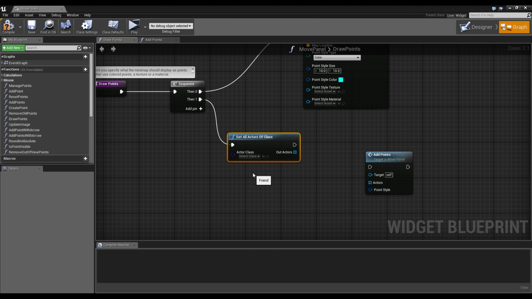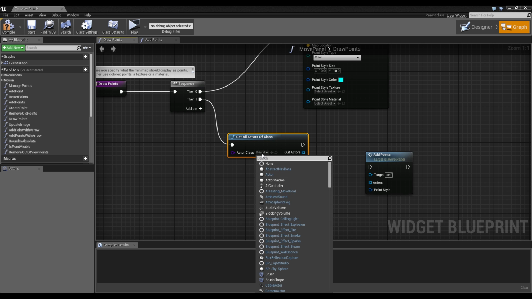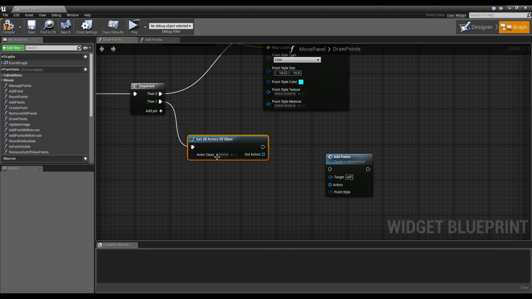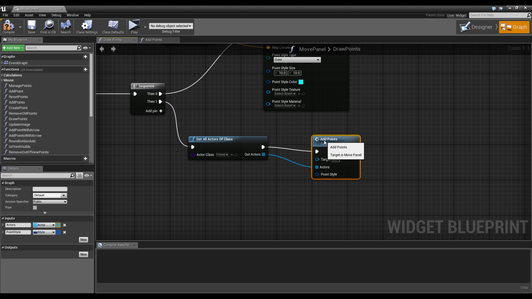There are 2 friends, I don't know why. I guess this is a bug. I hope I got the right one. Yes, I think so. And I connect this, and again we have to